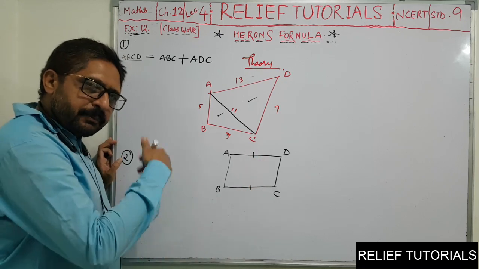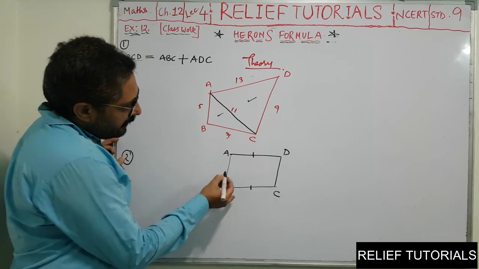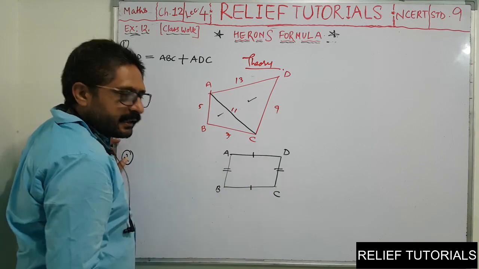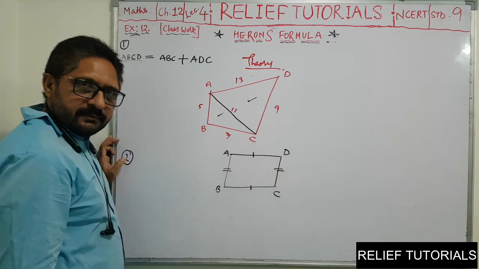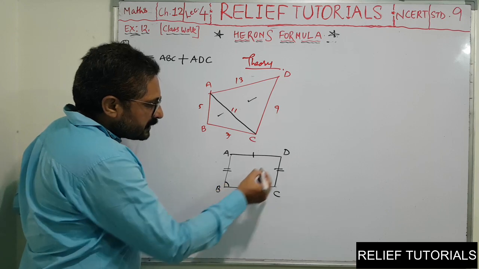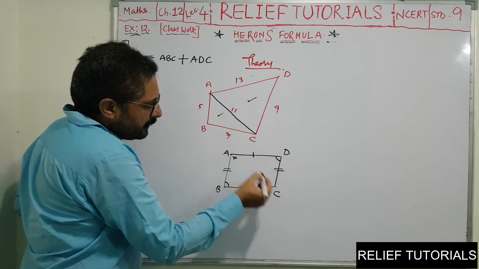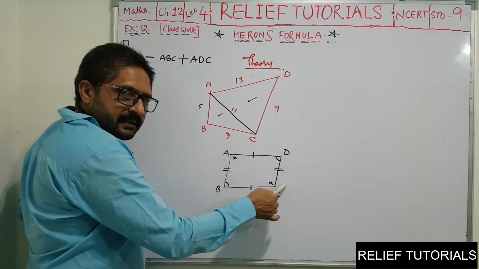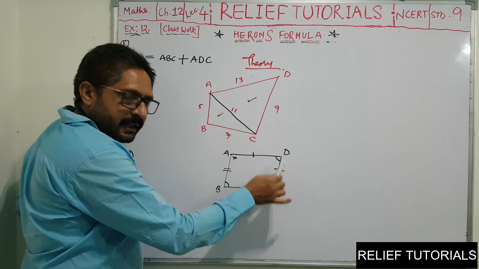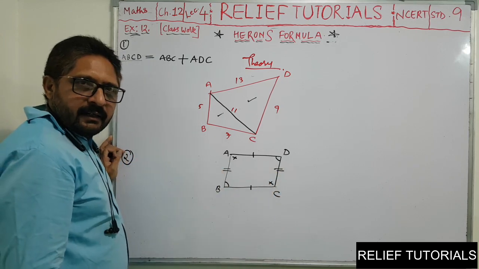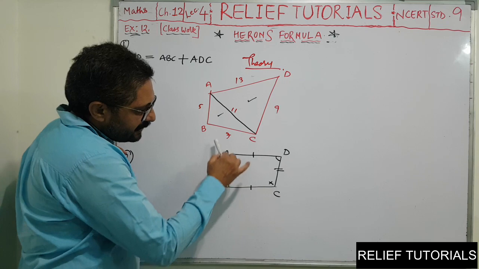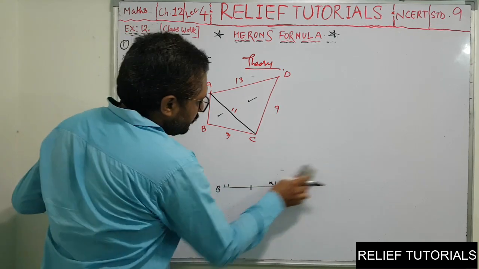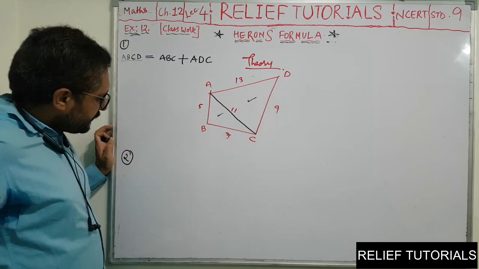These all theorems we will prove in the quadrilateral chapter. Opposite sides are equal. So I can say in a parallelogram AB is equal to CD and AD is equal to BC. And opposite angles are also equal. See, these opposite angles are equal. And opposite sides are parallel. So opposite sides are parallel, opposite sides are equal, and opposite angles are equal. And you know that area is nothing but base into altitude. Okay.